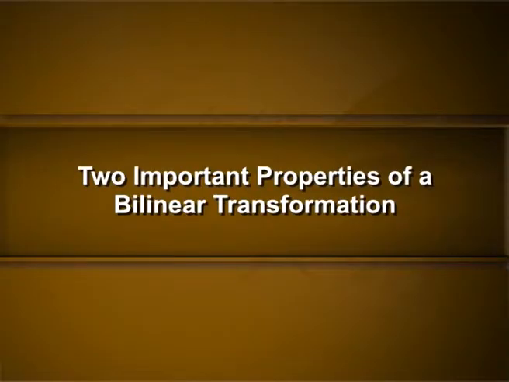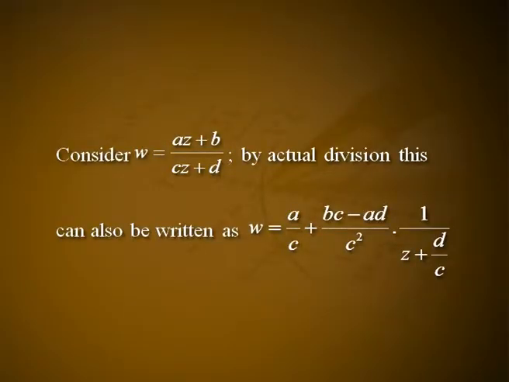Two important properties of a bilinear transformation. First one, a bilinear transformation maps circles into circles. Consider w = (az + b)/(cz + d). By actual division, this can also be written as w = a/c + ((bc - ad)/c²) × 1/(z + d/c),